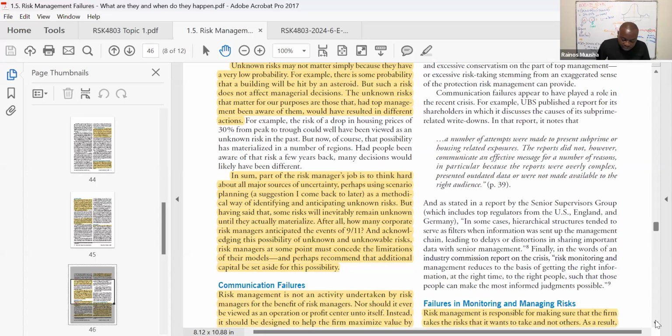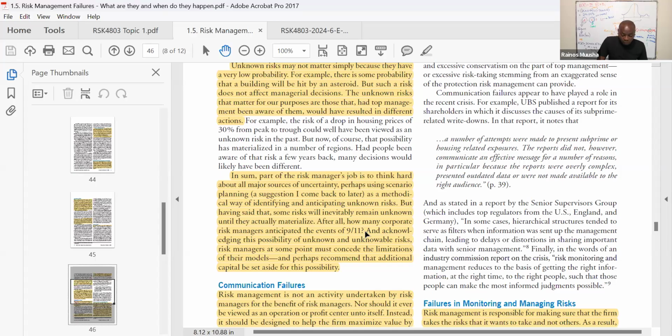In sum, part of the risk manager's job is to think hard about all major sources of uncertainty, perhaps using scenario planning as a methodical way of identifying and anticipating unknown risks. But having said that, some risks will inevitably remain unknown until they actually materialize. After all, how many corporate risk managers anticipated the events of 9/11? Remember, 9/11, they are referring to the bombing of the Twin Towers and the terrorist events in the US on